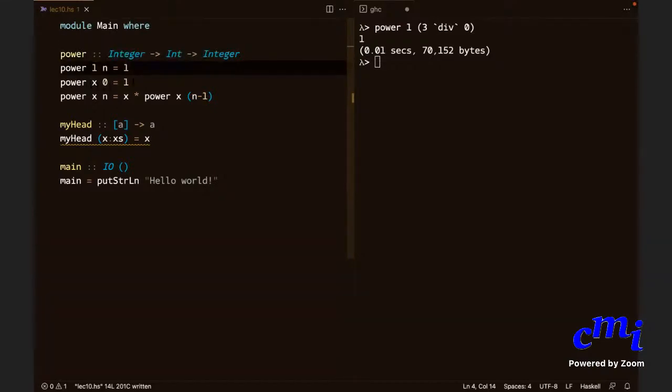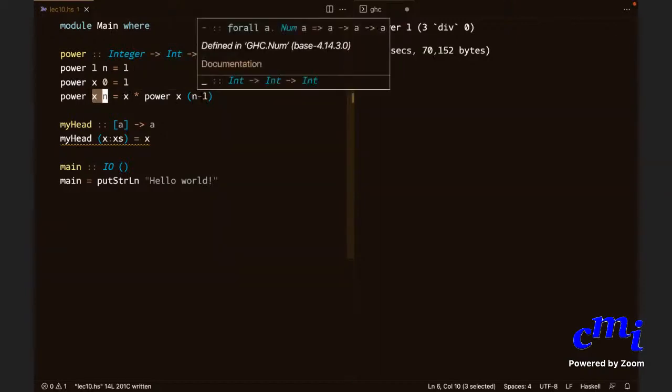But here you see that it has to evaluate both x and n, because if neither the first argument is 1 nor the second argument is 0, then even though the pattern here is any arbitrary pattern, on the right hand side, both x is being used and n minus 1 is being used. Both x and n are being used. So it has to evaluate x as well. It will first evaluate n. It will eventually evaluate x.